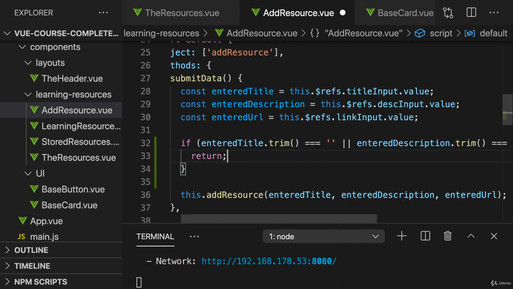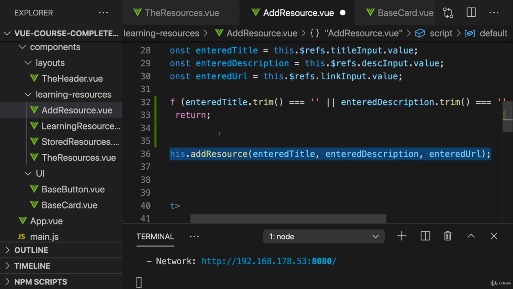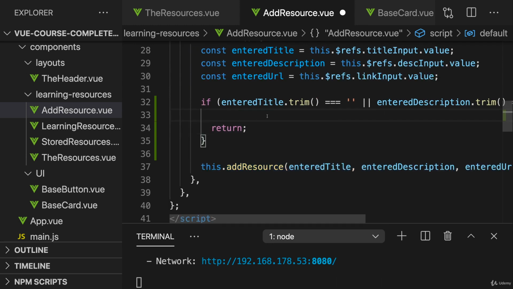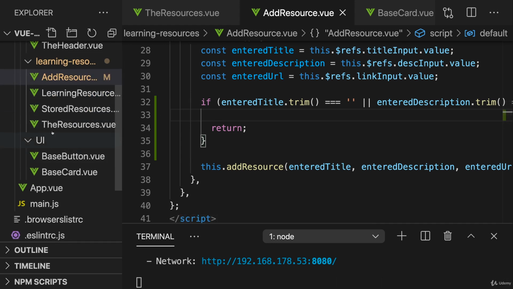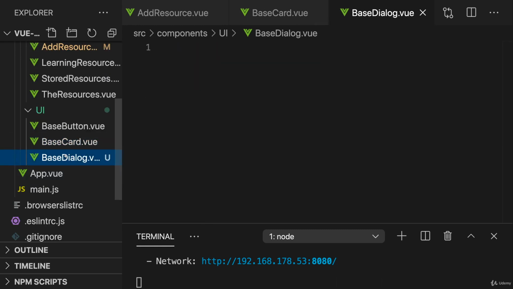Now for one, I will return then to avoid that this line of code here executes, because returning stops the function execution. But in addition, I also want to show my alert. And I could do this with the built-in alert function, but I want to have my own custom dialog, which looks a bit nicer. And therefore, I will add a new component, and I will actually add it in the UI folder, a BaseDialog.vue file, which could be used for anything, but which I will use for showing an